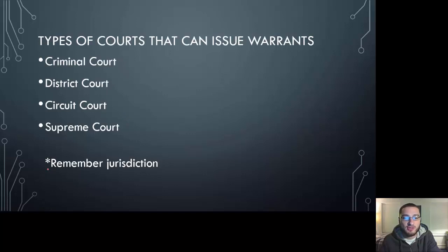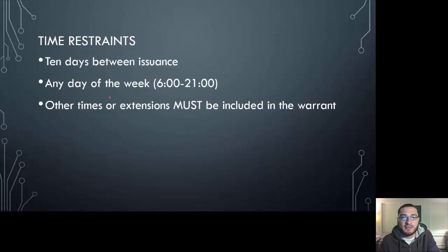Remember, jurisdiction is a big thing. You can't have the New York District Court or Circuit Court serving warrants for or issuing warrants for California. Time restraints: 10 days between issuance, obviously, or usually you're going to see that the police officers want specific dates